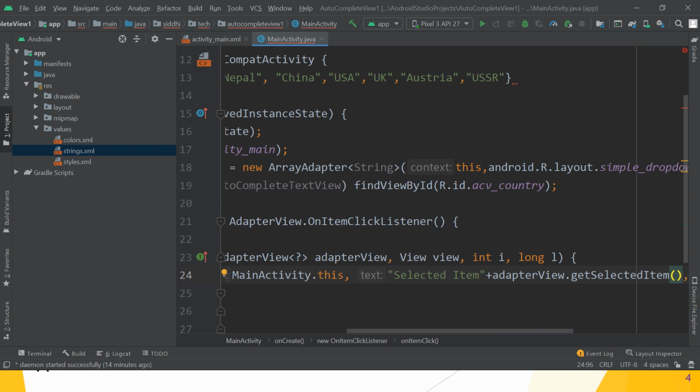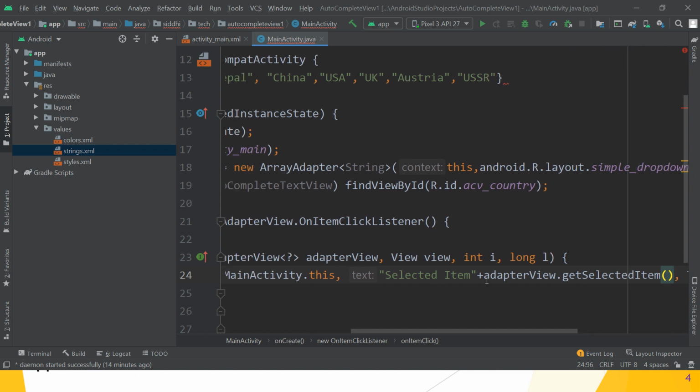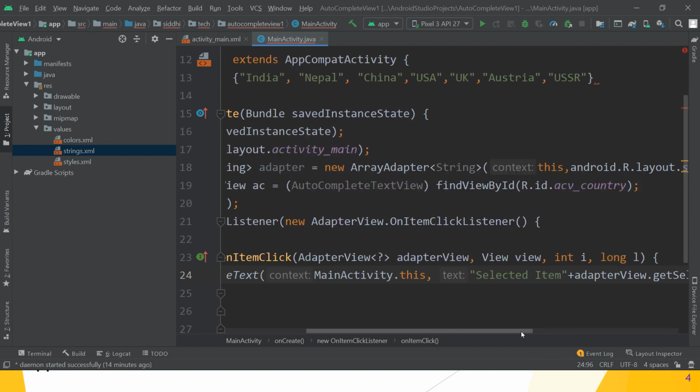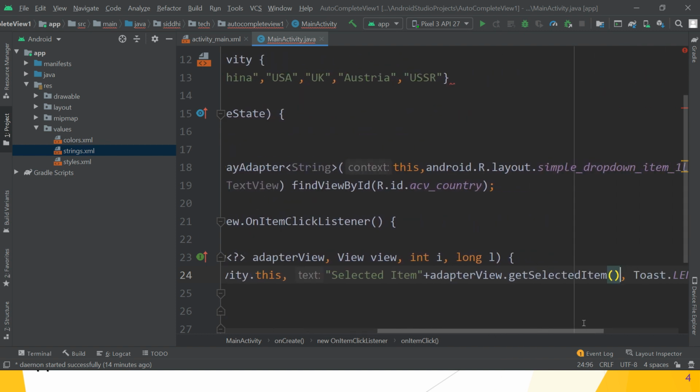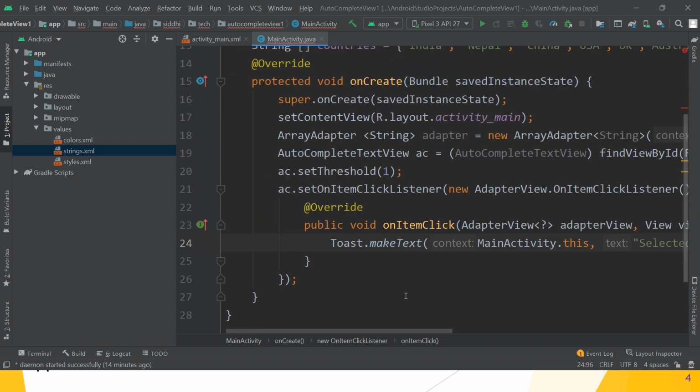So this message is toasted on your mobile screen, showing the item you selected by tapping. Hope you understand this part.